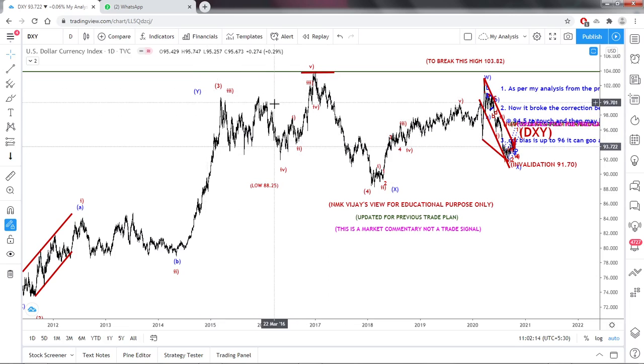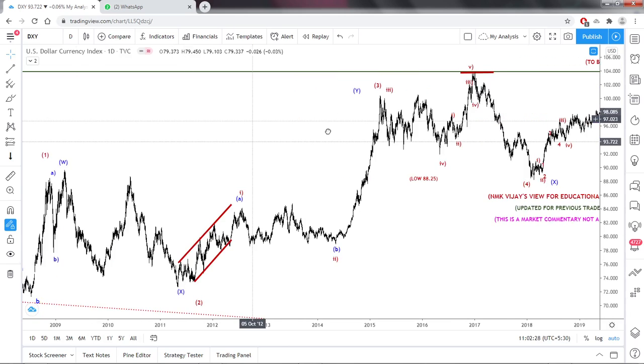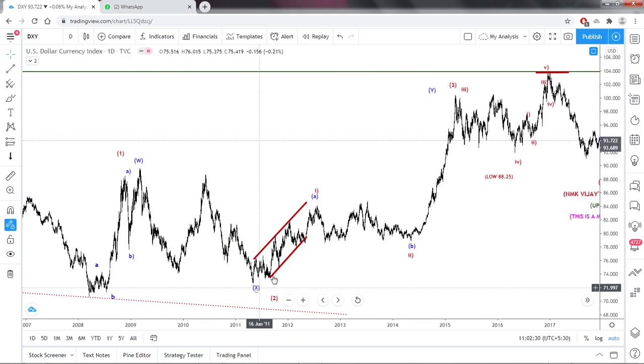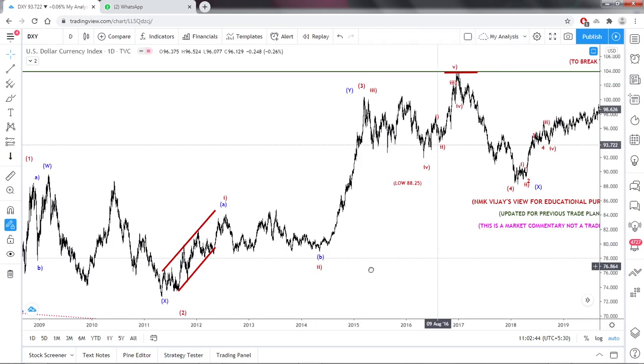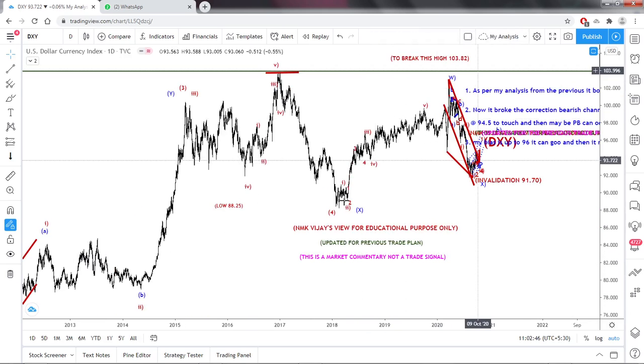This could be an ABC, A, ABC, B, and this C wave could be the end of that one correction here, in an irregular flat or expanded flat. I took it like that only. So what I did here was W, X, A, B, C, and the next continuation is Y completed here, and then X is the continuation, the connecting wave in an expanded flat, and again Z has to follow in a three-wave structure.